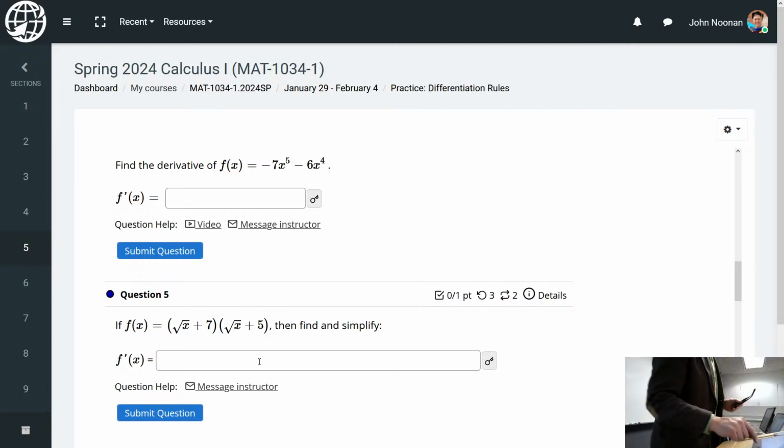Remember these rules, and I think you'll be in good shape for Monday. But do feel free to message me if you need to. I'm going to pause the recording or stop it so that if you do have questions,